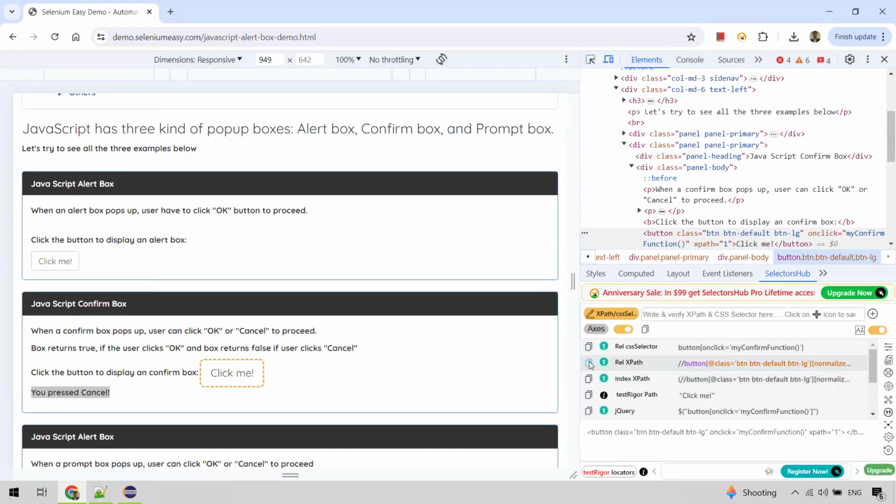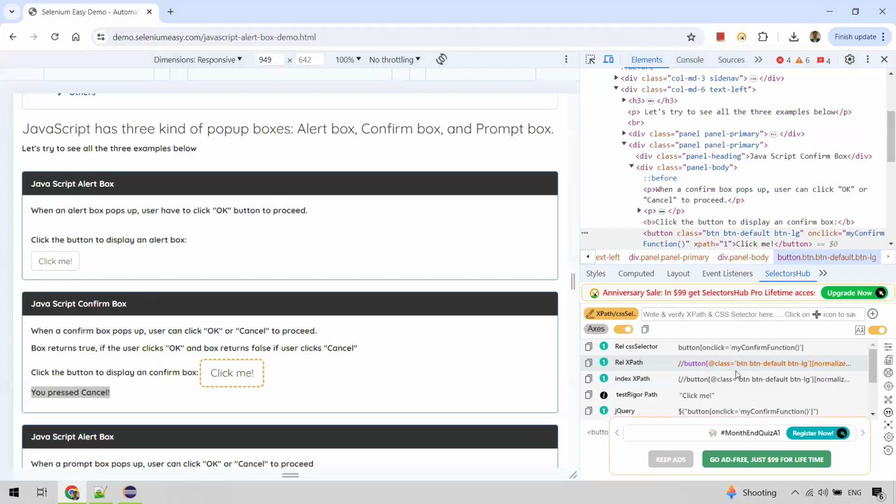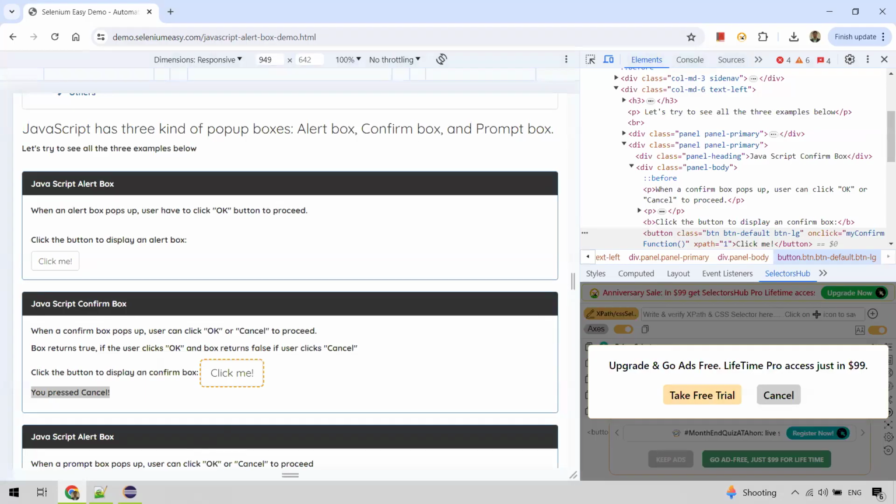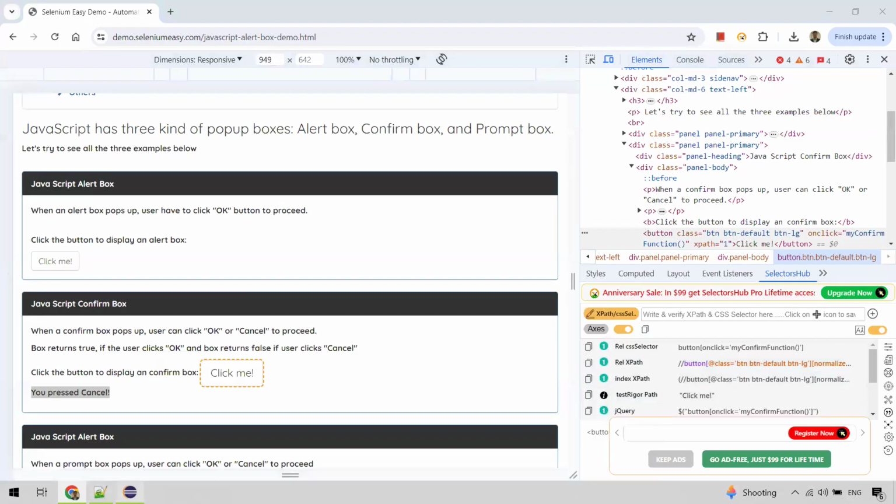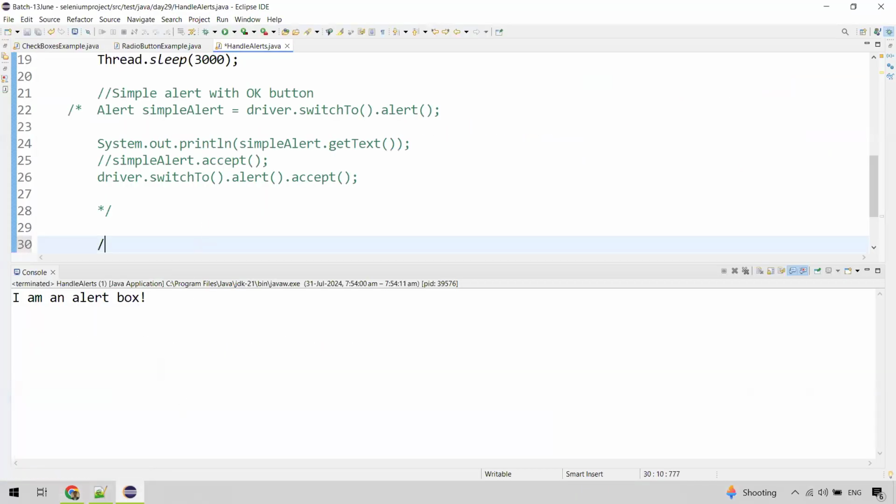It has a different text path, I guess. So to differentiate it, it has a different class. Anyway, we can just copy this relative XPath as is, whatever characters it is suggesting. And let's go back here. I'll call this confirm alert